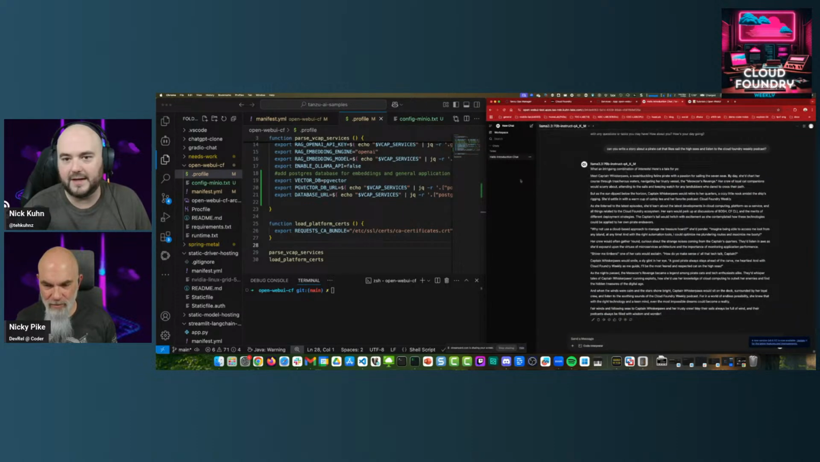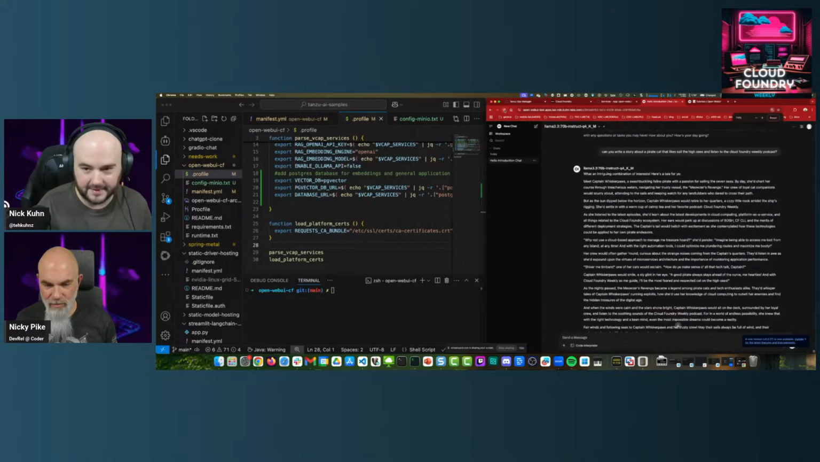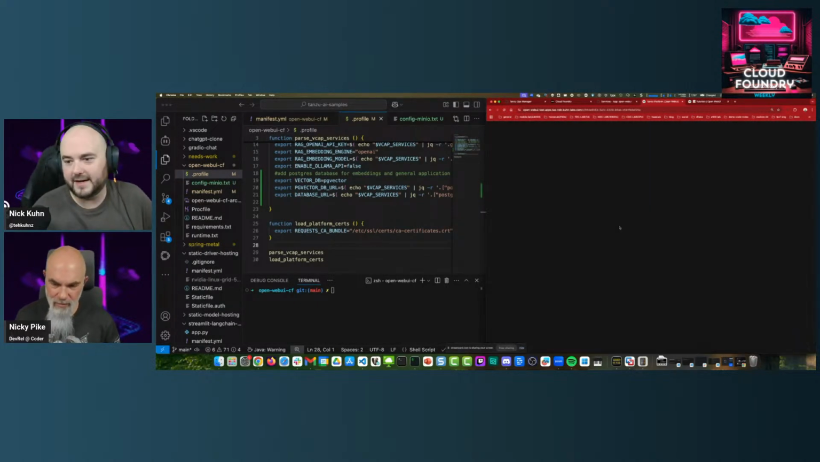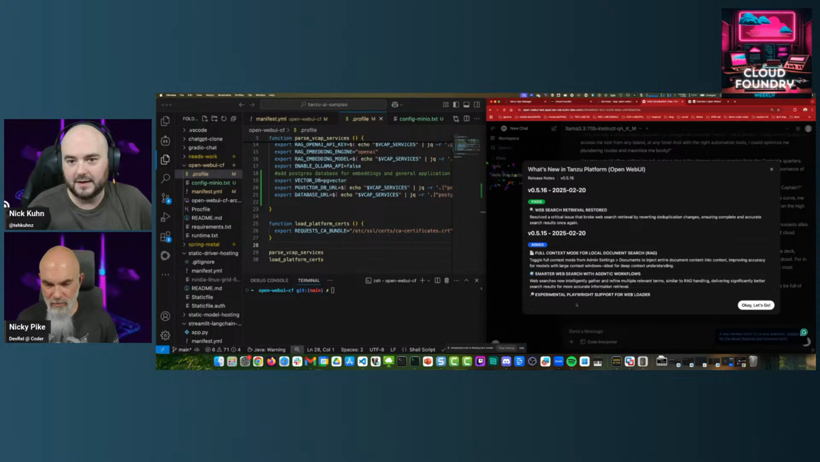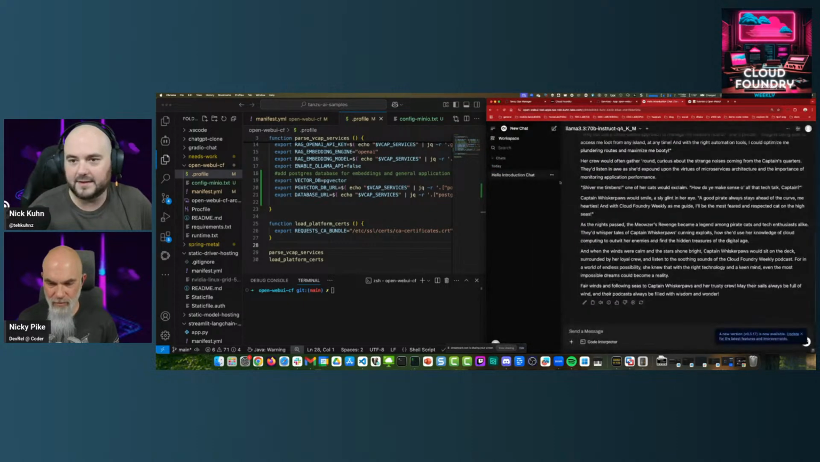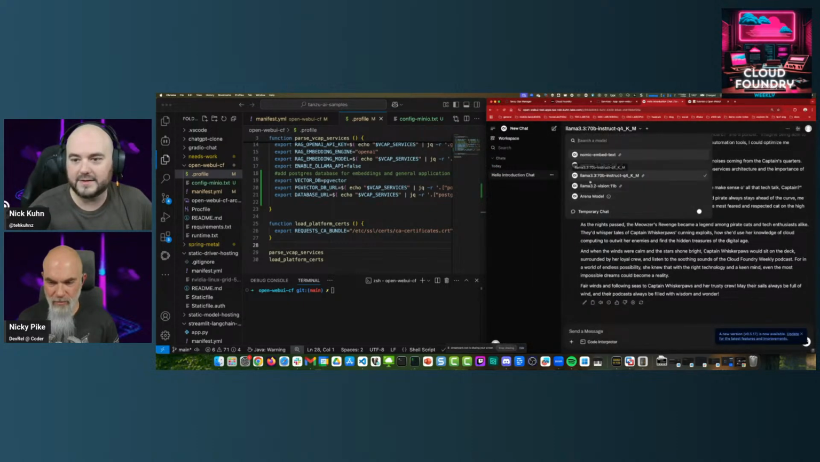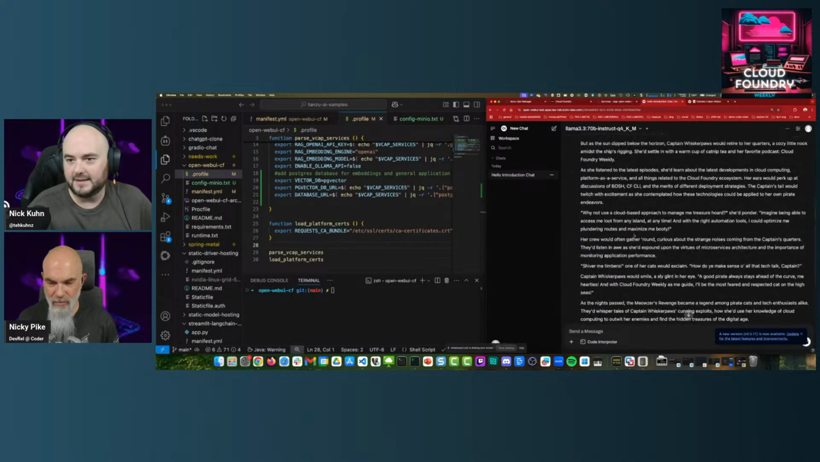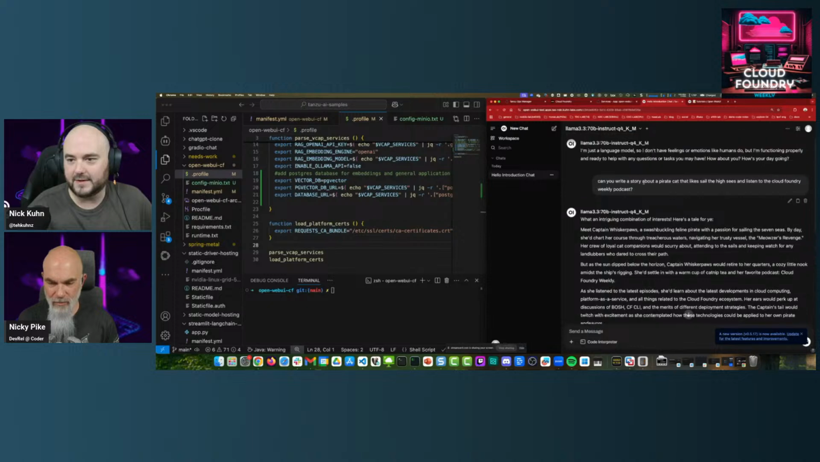Let's refresh this page. Before, this should have gone, like, hey, sorry, we weren't saving any of this, but now it shows the database is still working. Okay, I've got new models now, which is great. I've got the intro chat that's still here. I asked it to write me a story about a pirate cat that likes to sail the high seas and listens to the Cloud Foundry Weekly podcast, and